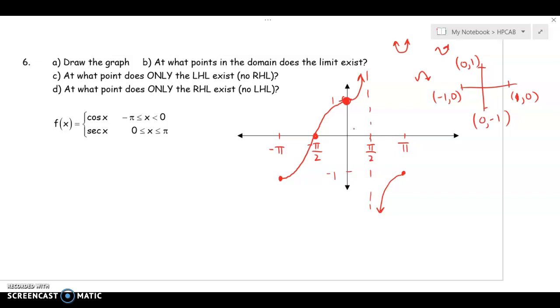So now we have to figure out at what points the limit exists. What we need to do is look at the left-hand and the right-handed limits. Any point between -pi and 0, you'll notice that if you approach like -pi over 2 from the left side and the right side, you're definitely approaching the same value, 0. The only place where you're not going to have a limit exist is along this lovely little asymptote. So go ahead and watch the next video because I have run